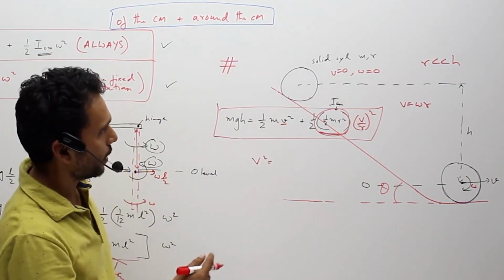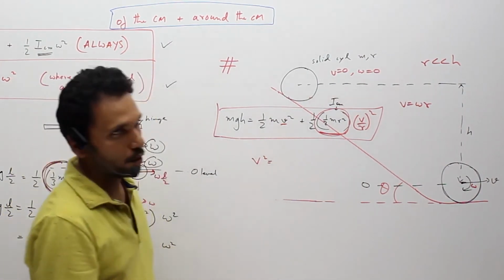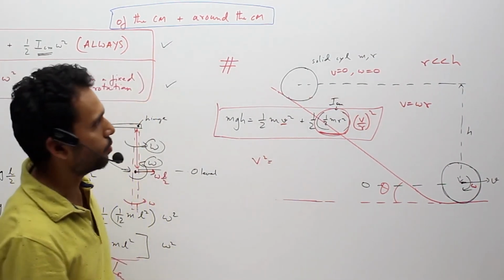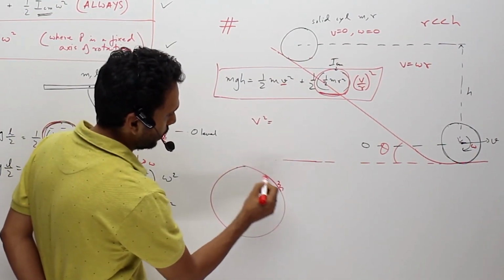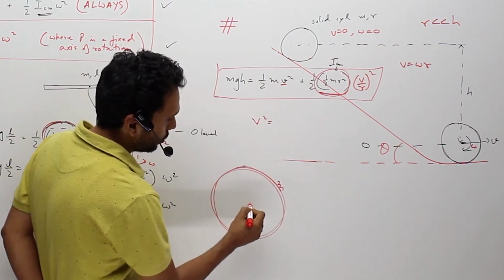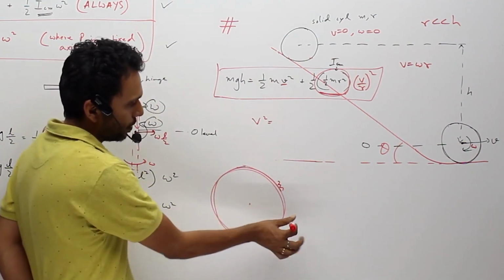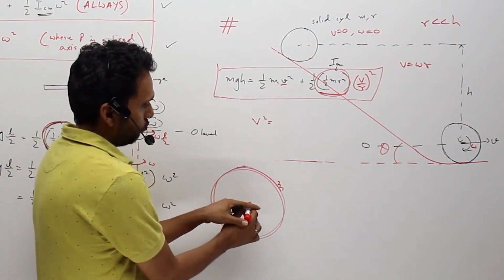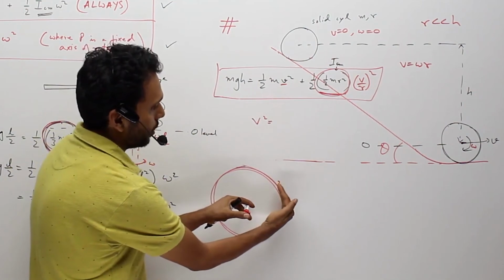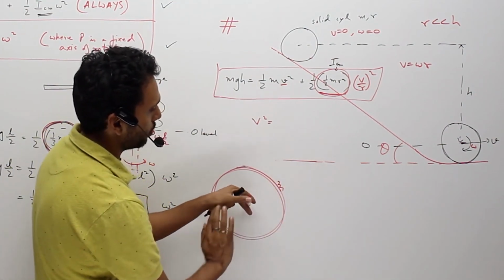So what you will say is the highest moment of inertia will have lower velocity. Masses are same, then I hope you know the ring has the highest moment of inertia. Why does it have the highest moment of inertia? Because all the mass is concentrated on the rim. So the masses are far from the axis, that's your axis, all the masses are far. If it is a hollow sphere, then masses are far, but then the masses come close, and some are crossing the axis also over there.